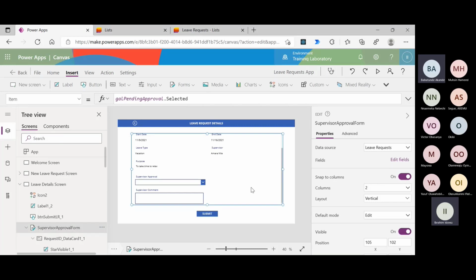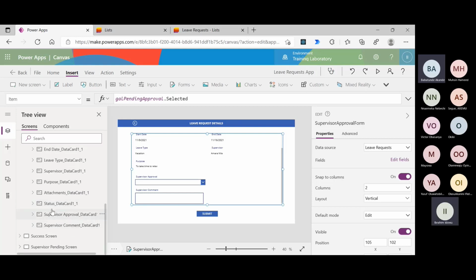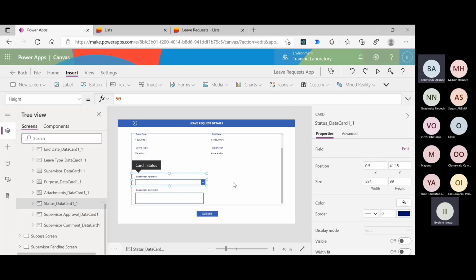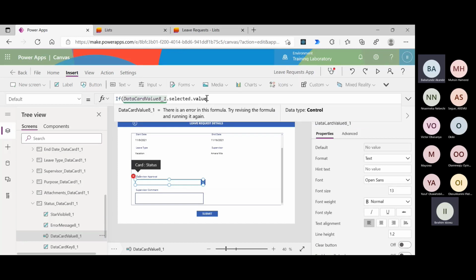I want to display my status field, right? Where's the status field? My status field, I want to change it. You see that I coded it here. What I want to do here is put a condition for my status field. The condition is, if my supervisor drop down dot selected dot value,